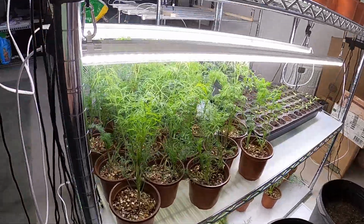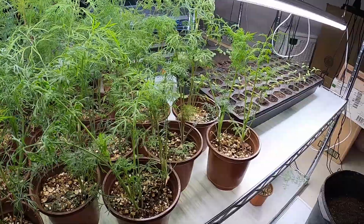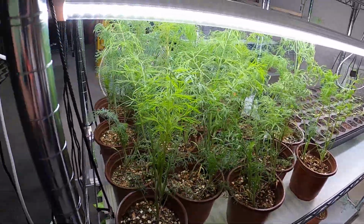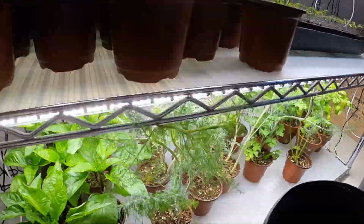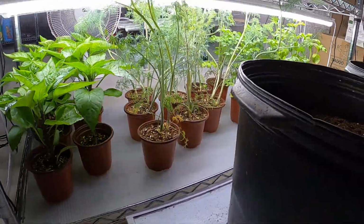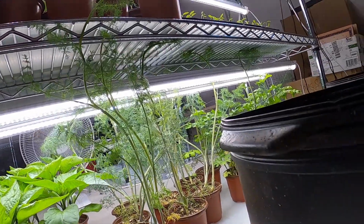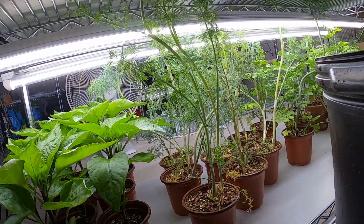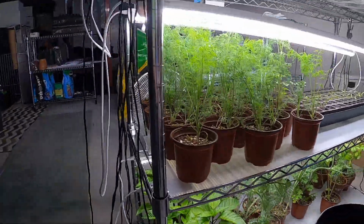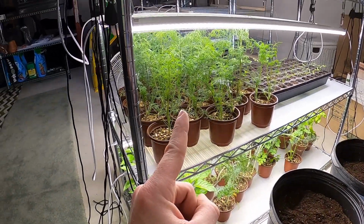Okay, so today what we're going to be doing is transplanting some of this dill, which is growing extremely fast and outgrowing the shelf, from the younger dill that we have and also the older dill, which is completely outgrown the shelf. It's growing up into the top there, so it's struggling for light at this point. So what we're going to do is do a little bit of an experiment where we transplant some of the older dill and some of the younger dill with our support dog